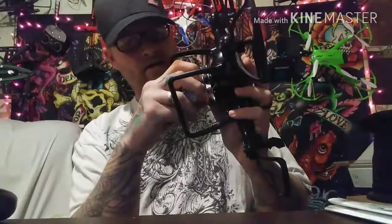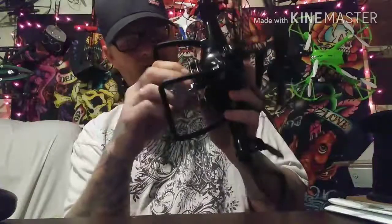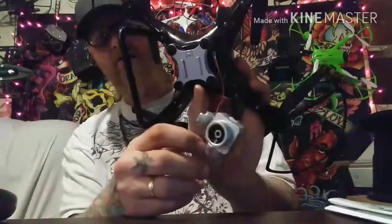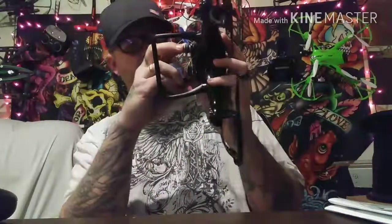But you can take the actual camera off the gimbal itself. Now you might be able to put something else on, and just use that gimbal as an adapter. Which one day I might try, but any other style camera that would fit it would probably be pretty